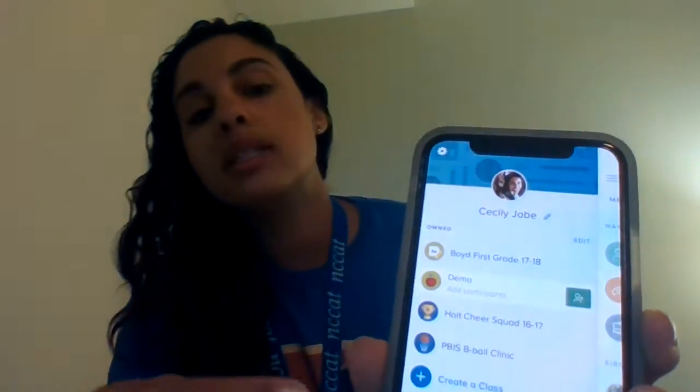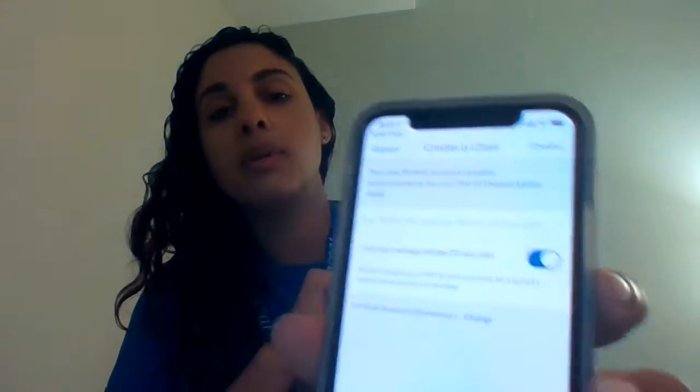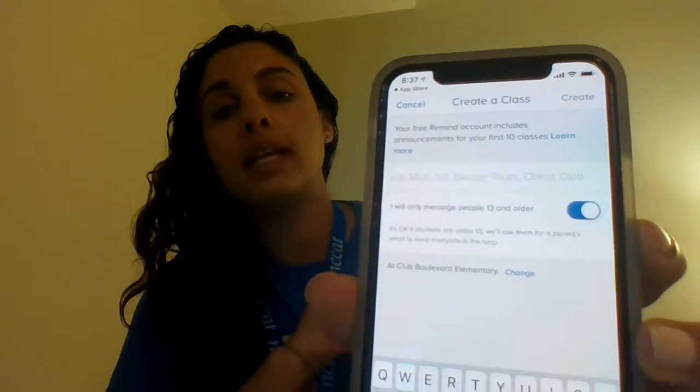When you open that, you're going to join with a phone number or an email address. And you can link to your school so that parents and colleagues can find you easier that way. When you pull it up, on the left side it has a place that says Create Class, right there with the blue arrow. When I hit Create Class, it asks you to name that class. So I'm just going to put in